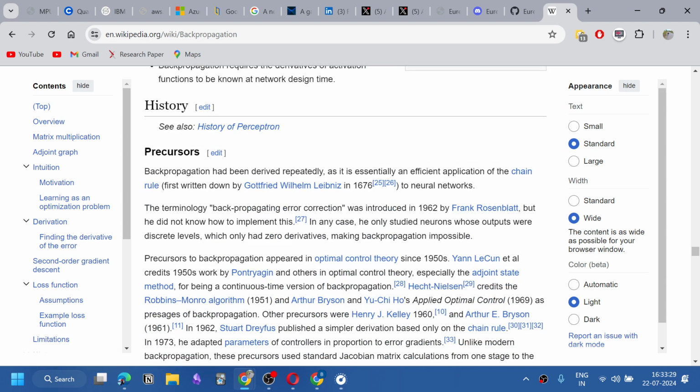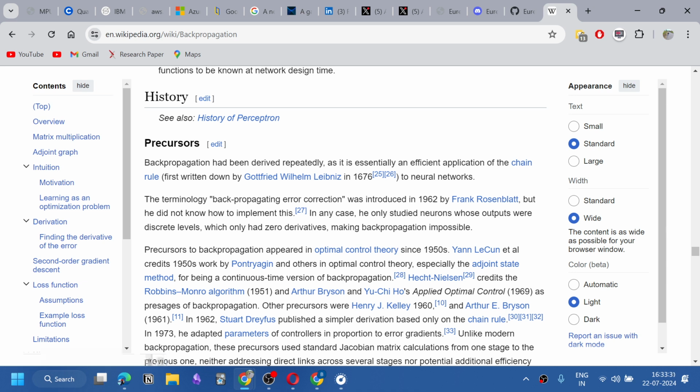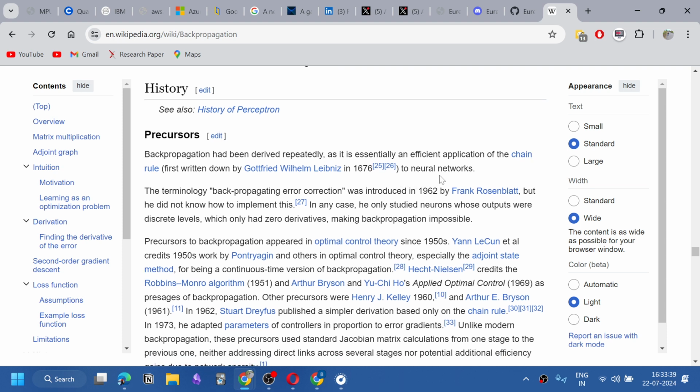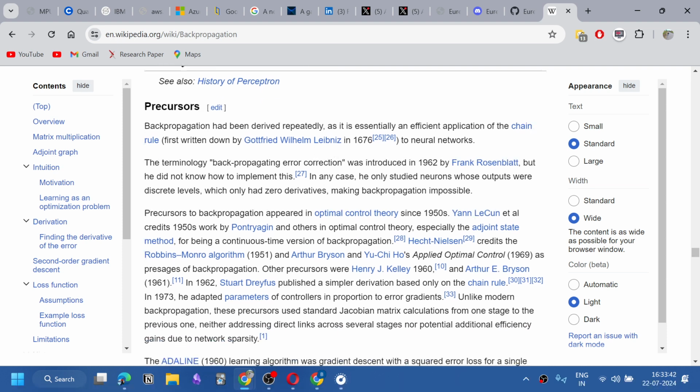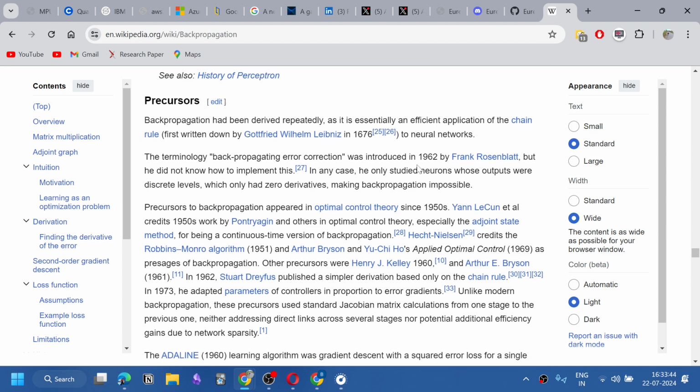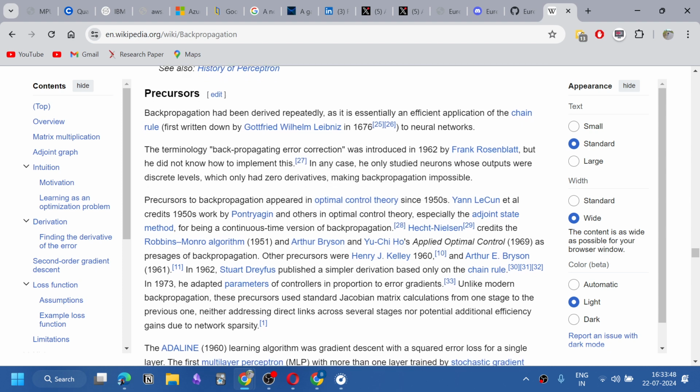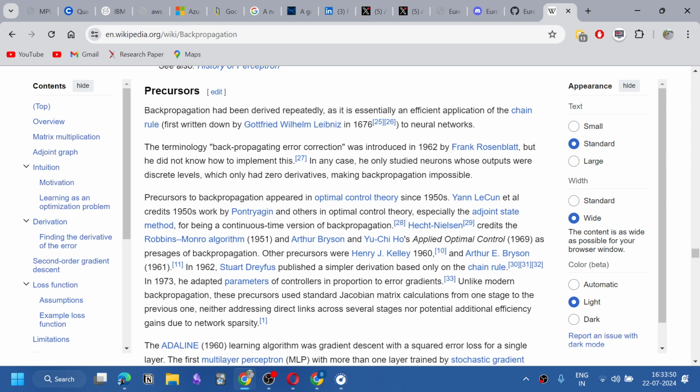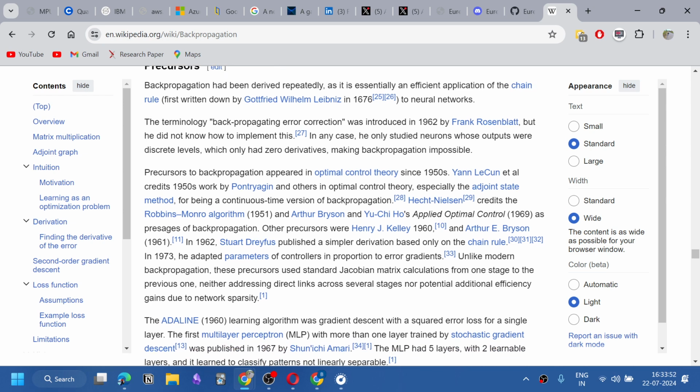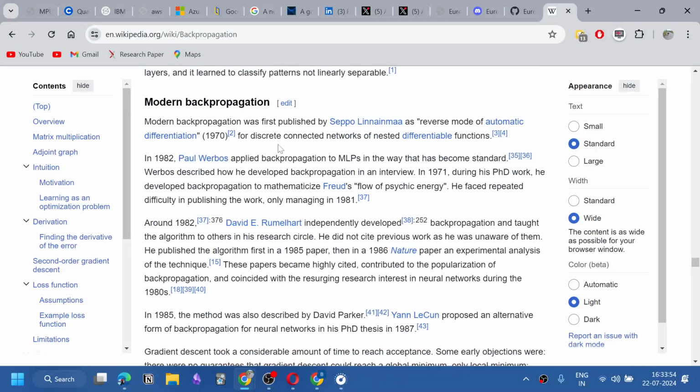Backpropagation proceeds with repeated use of the chain rule, first writing down the gradient. In neural network terminology, backpropagation of errors was introduced by Frank Rosenblatt, but he did not know how to implement it, in the case of only neurons with output at their attention level. Modern backpropagation